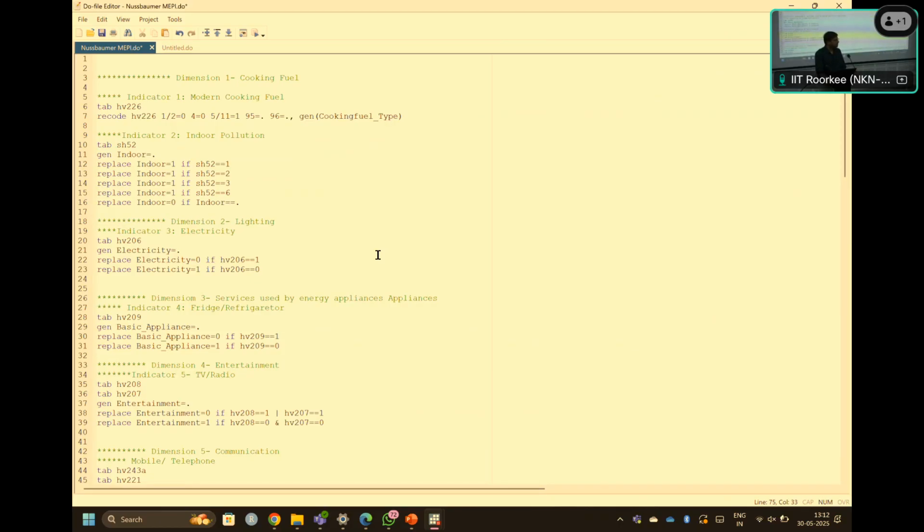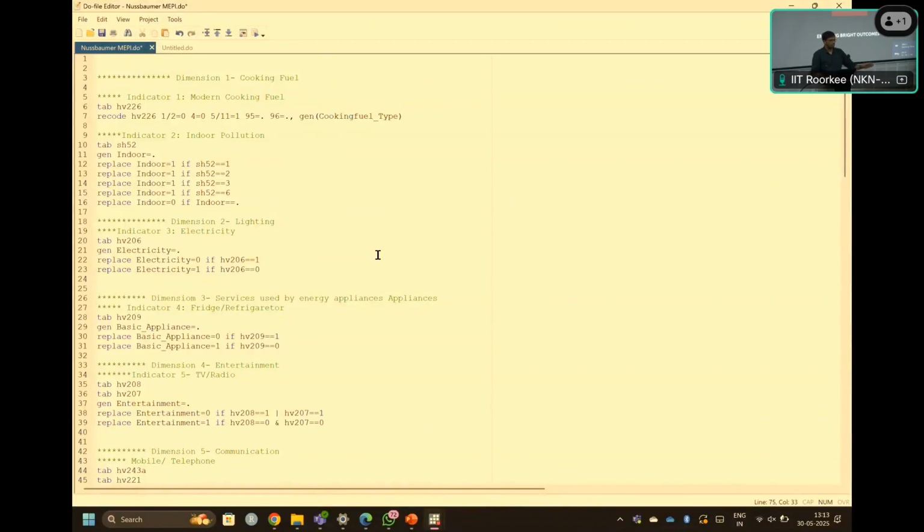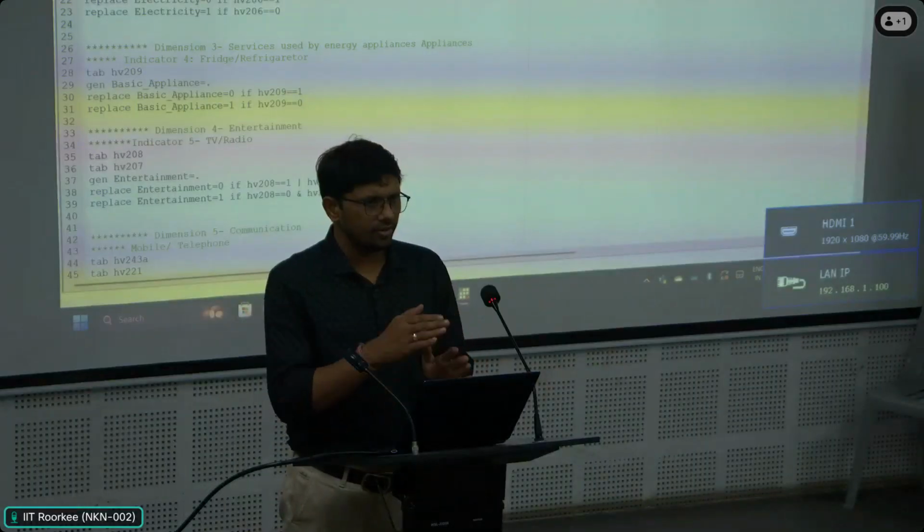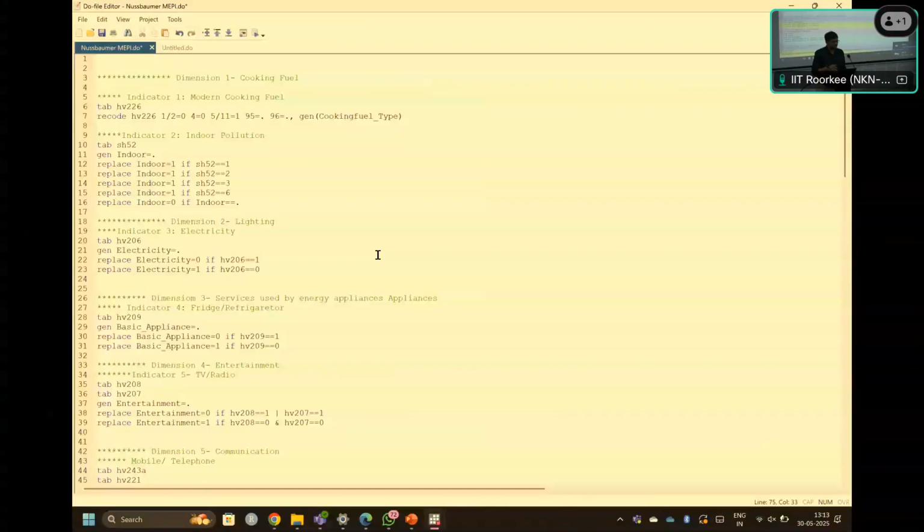Any other queries? Sir, is it possible to decompose the MPI values state-wise? I think if you have a clear, defined category, if you divide the state because of some reasons, maybe for aspirational district, non-aspirational district, I think you can decompose as well. You can divide binary, but not in different dimensions.